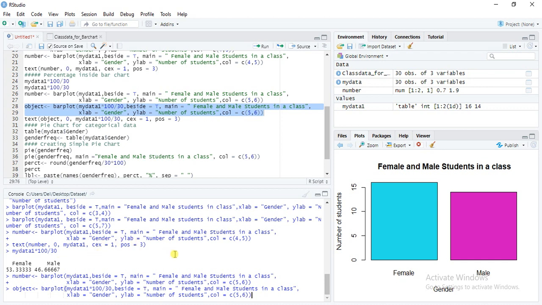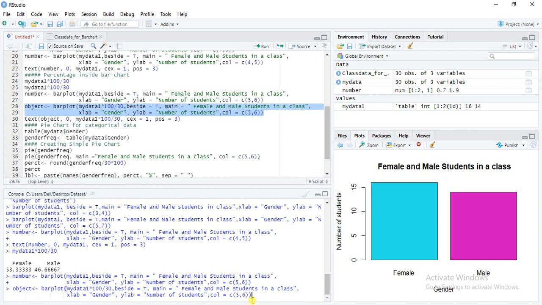Okay, so this is my script: object, bar plot, my data into 100 by 30. It will give us percentage data. Beside that, main is the title of this graph, x-axis gender, y-axis number of students, and color scheme 5 and 6.